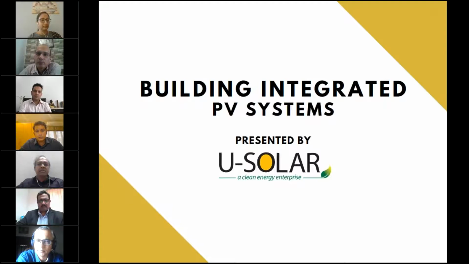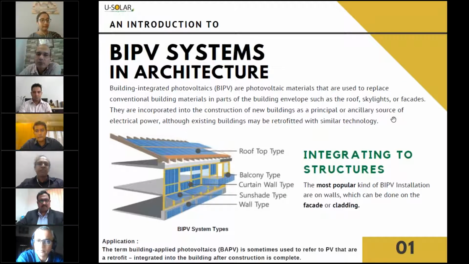What exactly is BIPV? BIPV, of course, stands for Building Integrated Photovoltaic, but essentially here it talks about architectural elements that go into the building and are visible. So just putting some solar panels on your roof, that really is not BIPV in the classical context, but it is more an architectural element such as a shading or a curtain wall or a skylight that actually generates electricity.